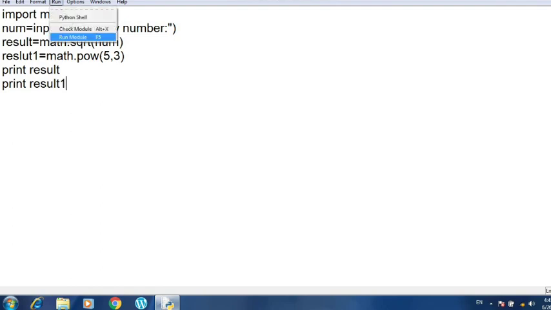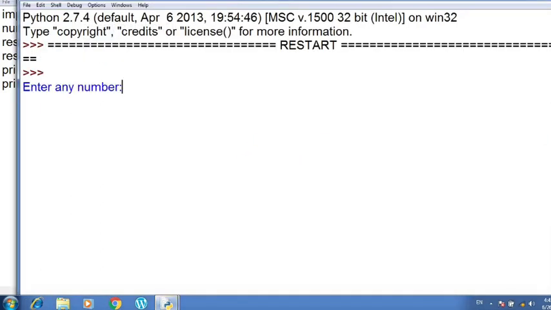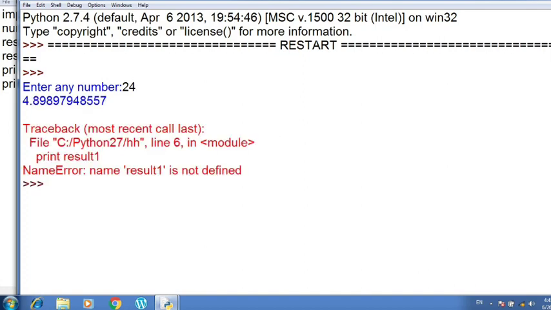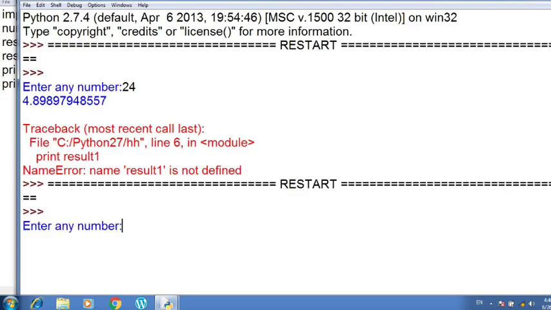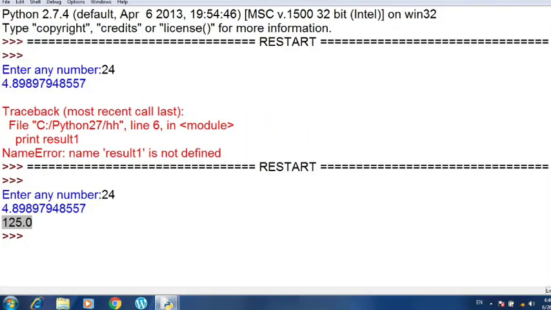Now you can see, for finding out the square root, obviously I need a number, and then result1 is not defined. The error is coming. Let me see. Okay, the spelling of the variable was incorrect by mistake. Let me change it. So these types of errors will also come when you start programming, and resolving those errors will help you understand better how it works. Now you can see that with the help of the math.sqrt function of the math module, I got the square root of 24, and 125 is the power of the number 5. So I have used two functions of math with the help of this math module.